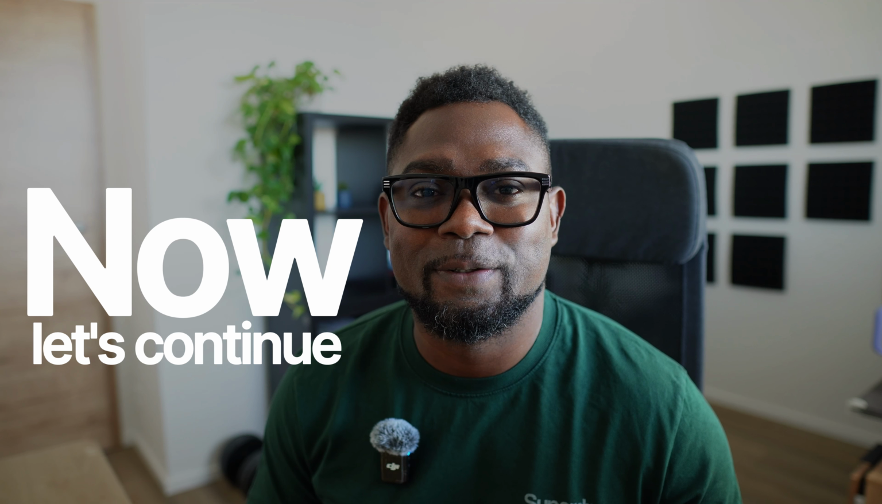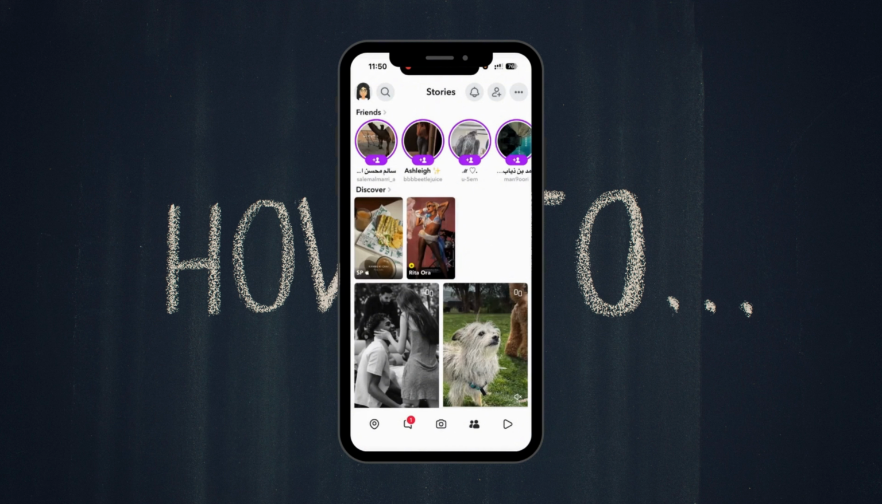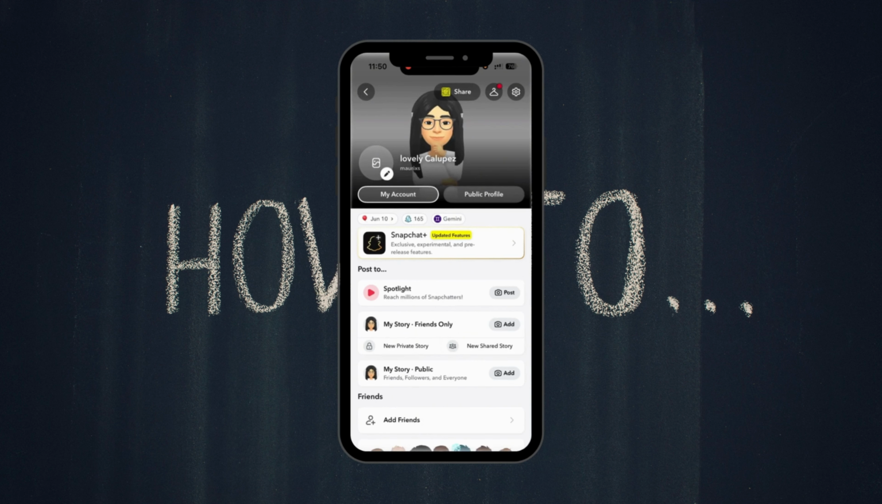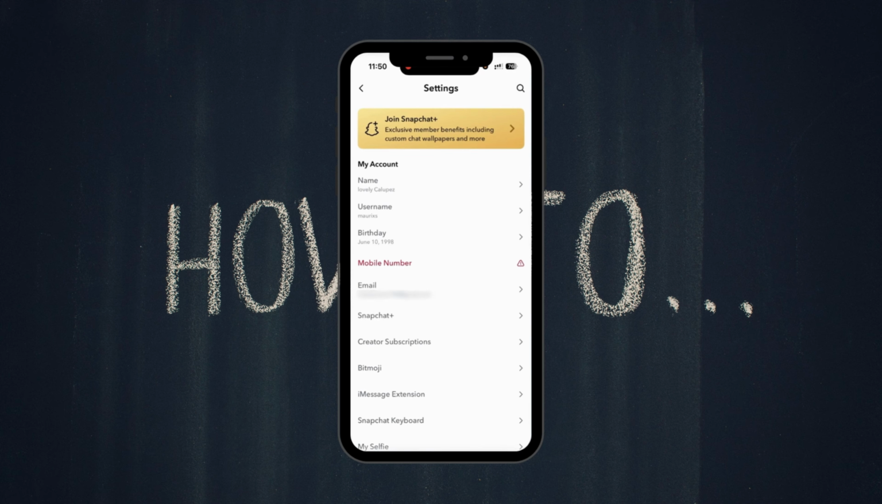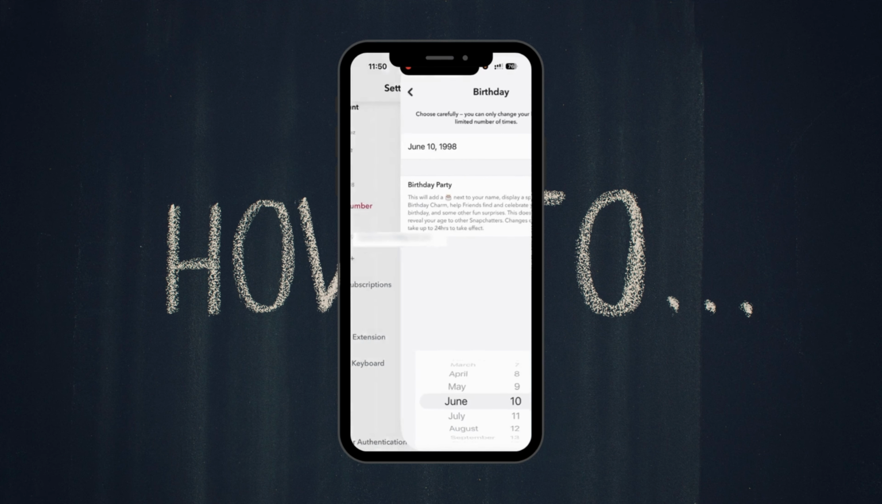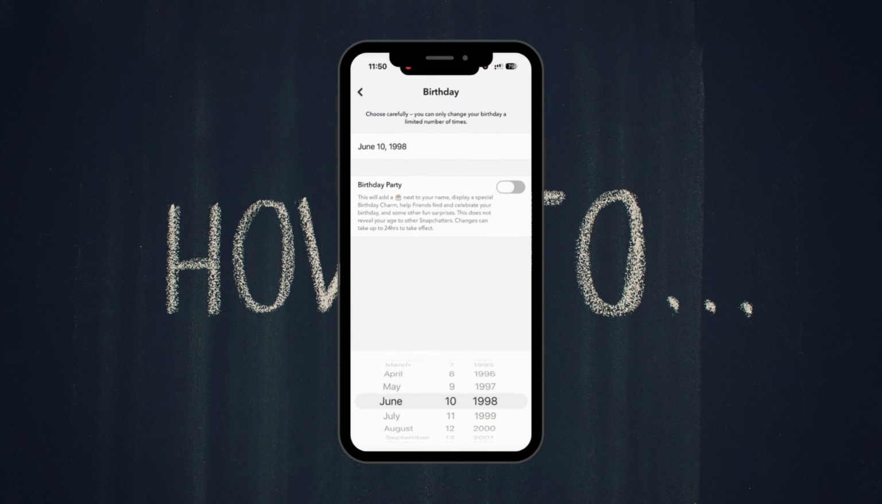Now let's continue. And that's basically it. So again, open Snapchat, then click your profile icon in the top left corner. Next, click the settings icon in the top right. Next, scroll down under my account and select birthday and choose your correct birth date and tap continue or save